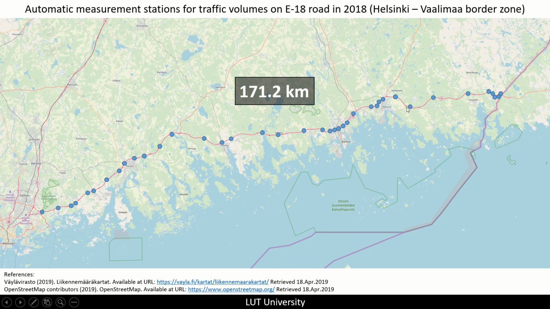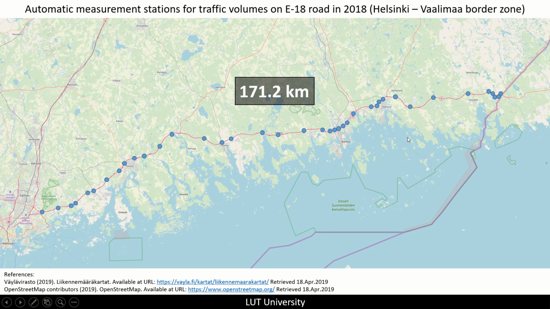And these stations measure every vehicle that goes past them, their direction, speed, and also their length, which allows the measurement stations to automatically